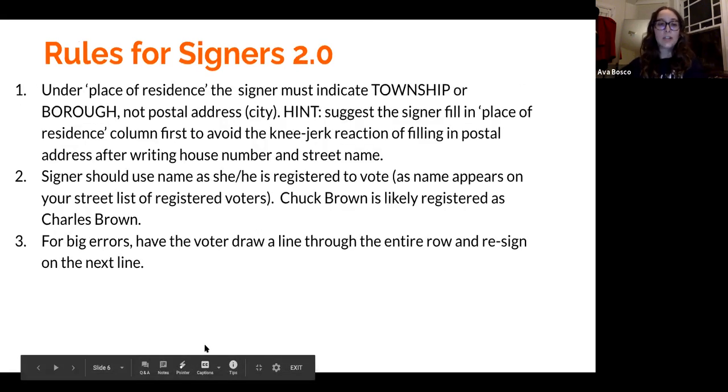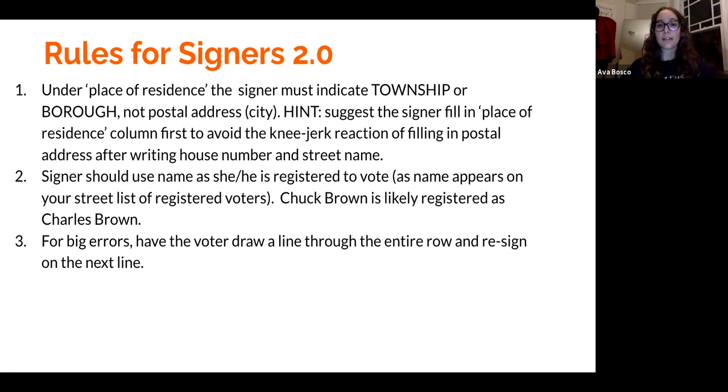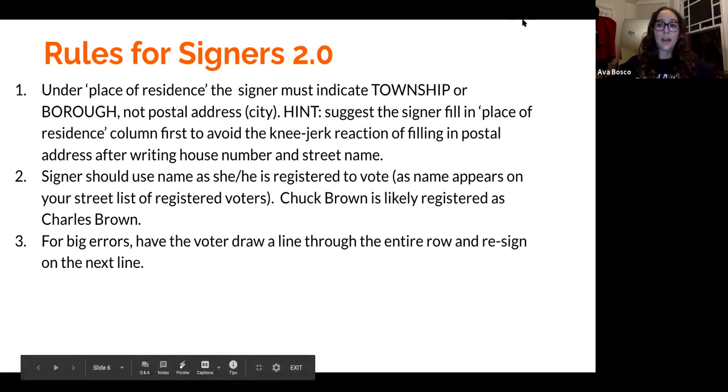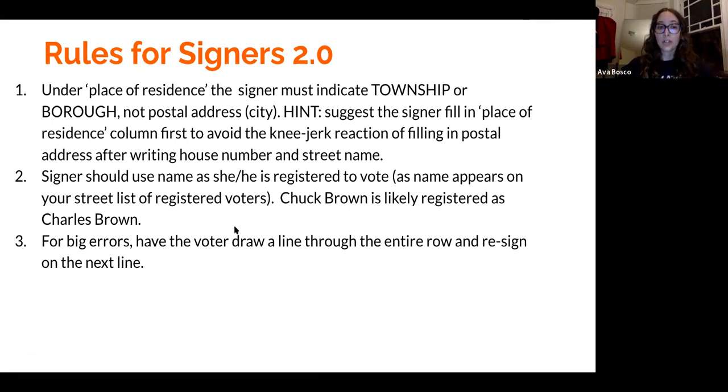Additional rules for signers. Under the place of residence, the signer must indicate their municipality, which is their township or borough. It is not their postal address, which is also what we consider the city. So a strategy to utilize is to suggest that the signer fill in the place of residence first, to avoid that knee-jerk reaction of filling in the postal address after writing in the house number and street